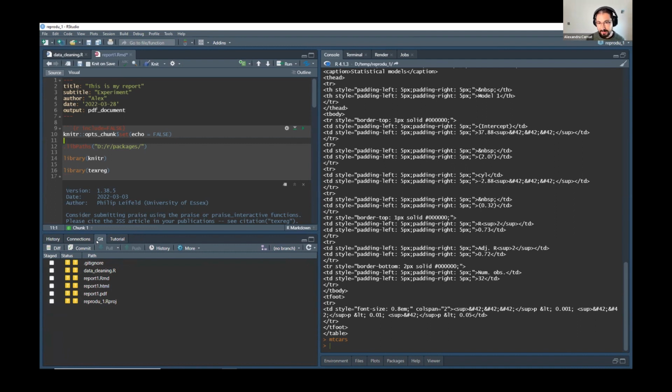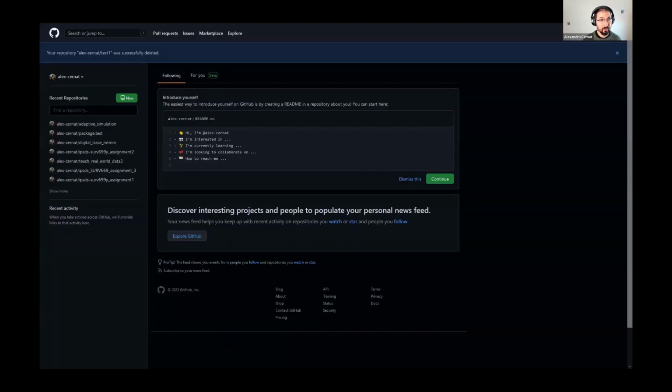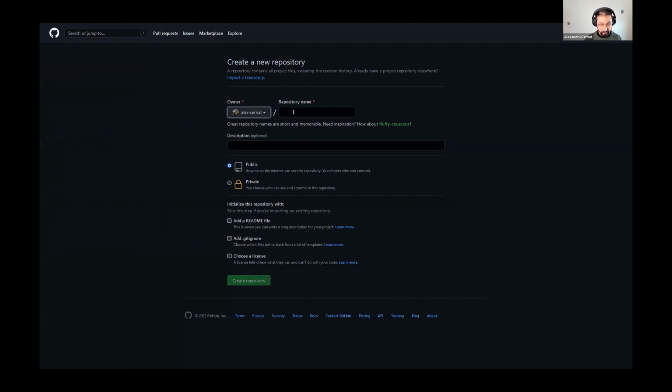Now, assuming you have that, there are a couple of different ways to go about it. Probably the easiest way to start a GitHub project, so you can link the two, is to actually start from the website, from GitHub, create a project there, and then import it on the other side on your computer. So let me show you how to do that. I'm logged in to my account on GitHub here, and let me create a new repository. Let me call it